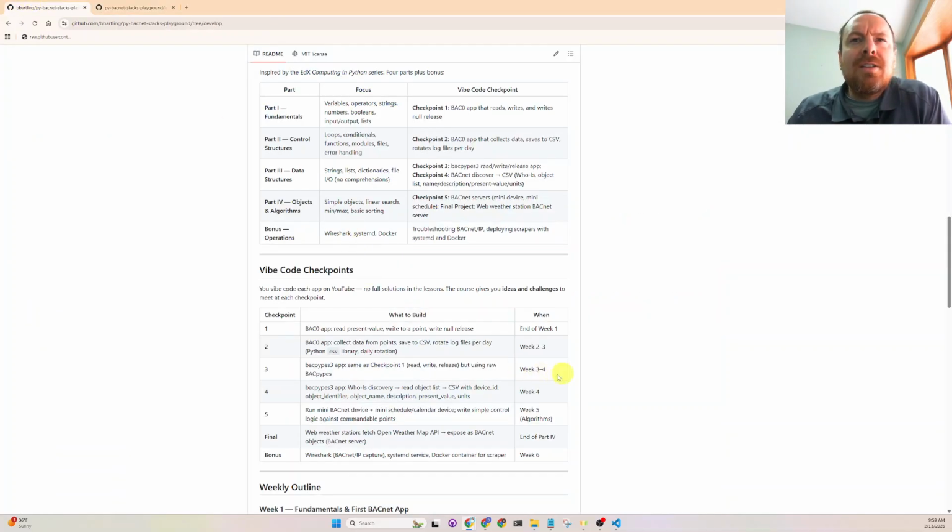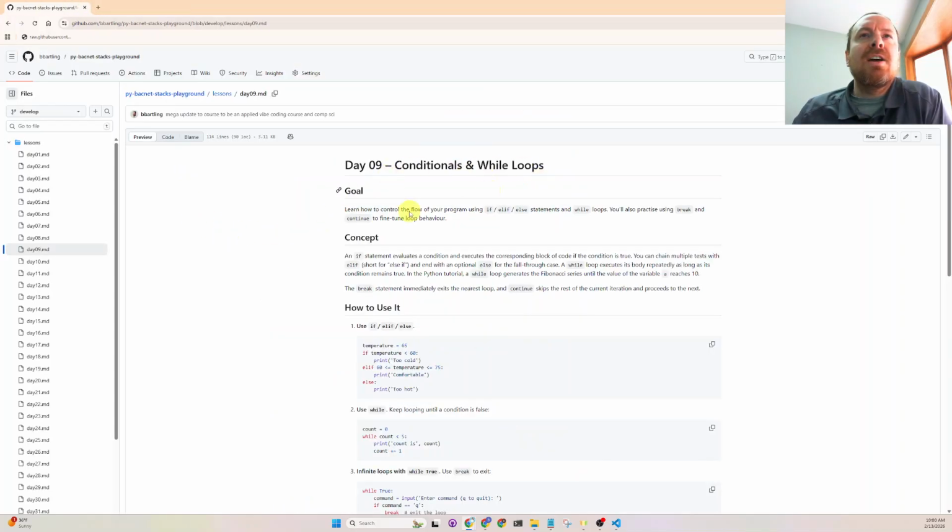And then this is week 2 to 3. We'll have a full-blown BACnet read multiple, save the data to a CSV file, and then rotate the logs once per day using Python's built-in CSV library. And then we'll just VibeCode some kind of daily rotation mechanism, which there are Python libraries for, but we'll just let AI come up with the best practice for that. Okay, so I'm going to close that, and then let's get into day 9,